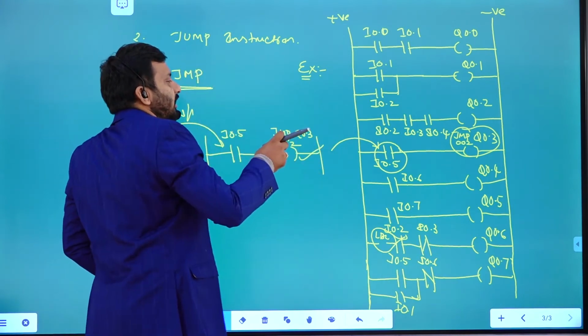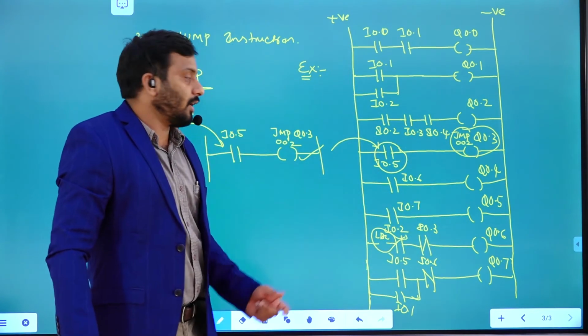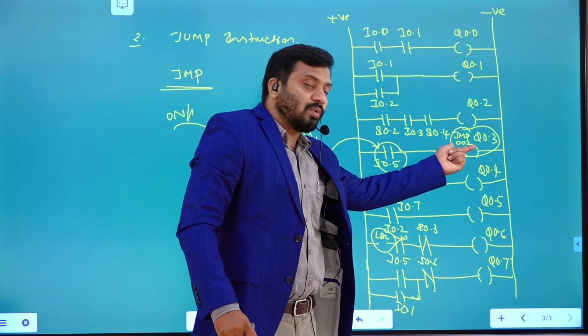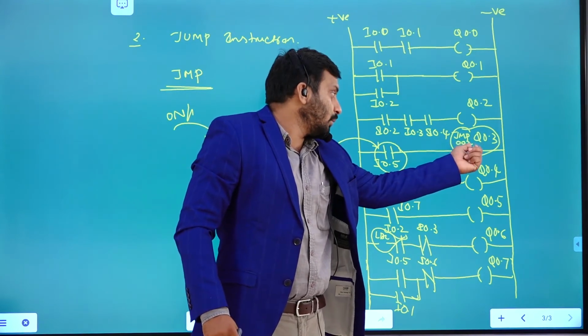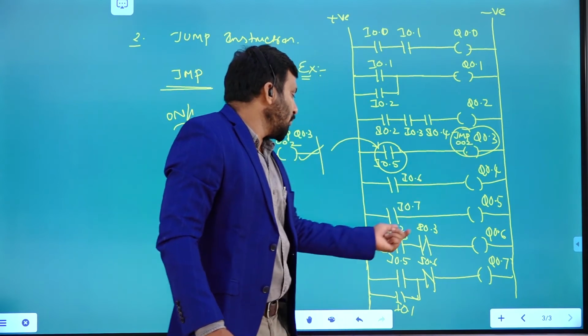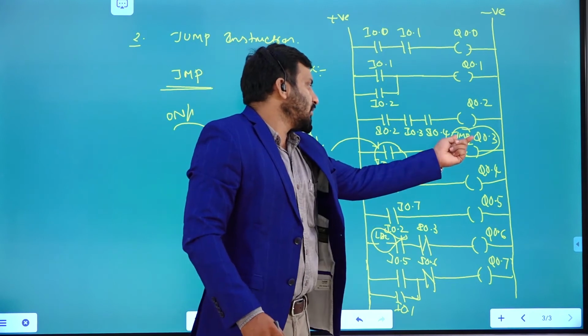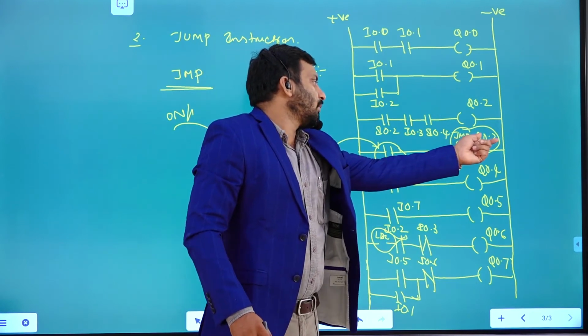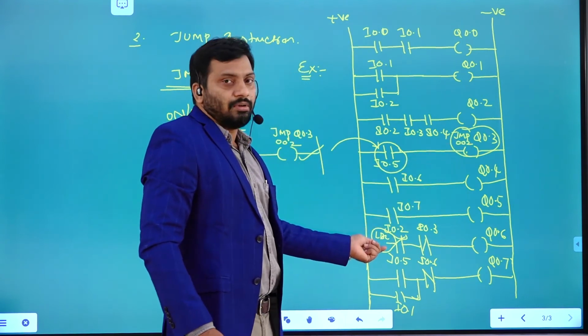Once it is activated, this jump operation comes into the picture. How many rungs does it want to jump? Here you need to give a value. 002 written means it is going to jump to here. This label address here is 002. Jump Q 0.3 means it jumps to this particular label.